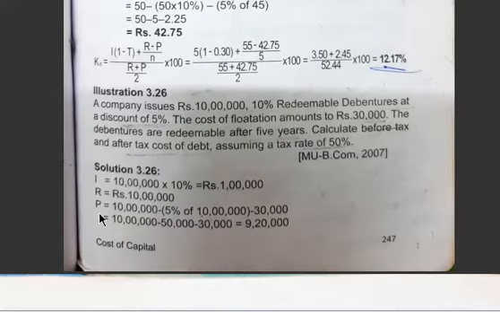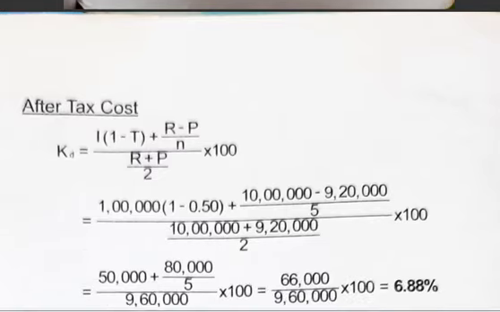Now what is P? P is the total issue price, that is 10 lakh minus discount, 10 lakh into 5% discount, minus 30,000 flotation. So 10 lakh minus 50,000 minus 30,000, you will get 9 lakh 20,000. Issue price is total 10 lakh minus discount minus flotation expenses. Flotation expenses are nothing but issue expenses, so you will get the amount as 9 lakh 20,000. Once you get the amount, you can use the formula and calculate. The formula is the same, we will calculate first after tax.